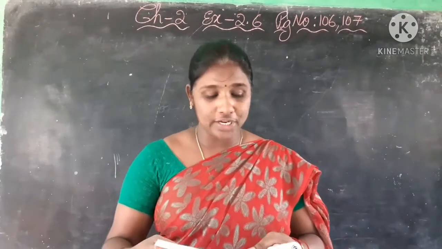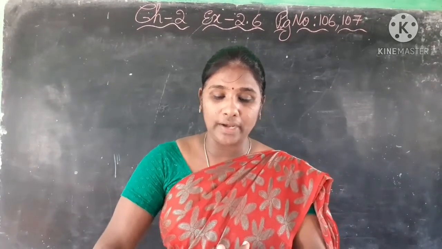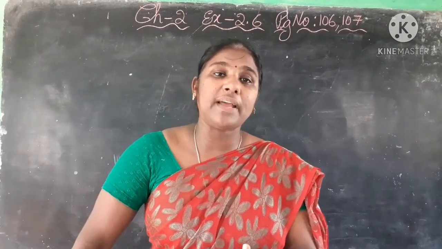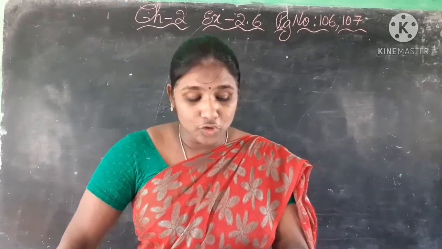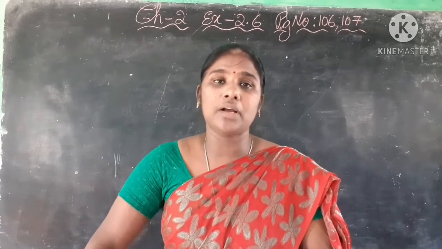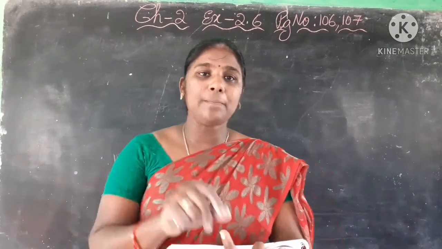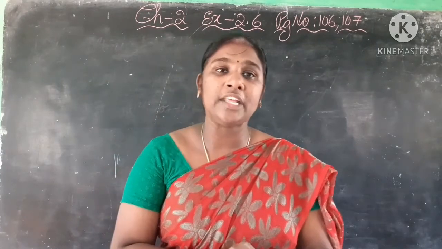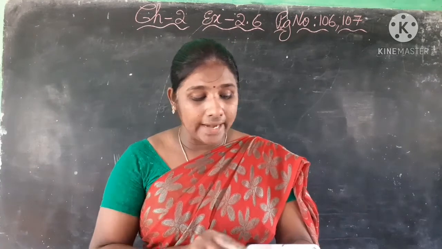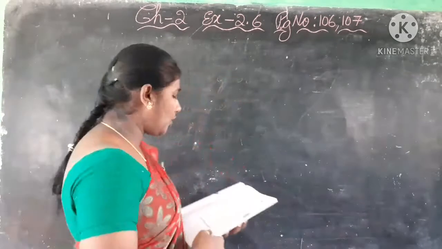Next, see the fifth question. Listen. A bulb costs rupees 13.75 less than a tube light cost. The bulb cost is 13 rupees 75 paise less than the tube light cost. If the cost of the tube light is rupees 112.50, how much does the bulb cost? We have to find the bulb cost. Tube light cost given. We have to subtract this rupees 13.75 from this tube light cost. We will get the bulb cost. How much do both the items cost together? Next we have to add the tube light cost and bulb cost.